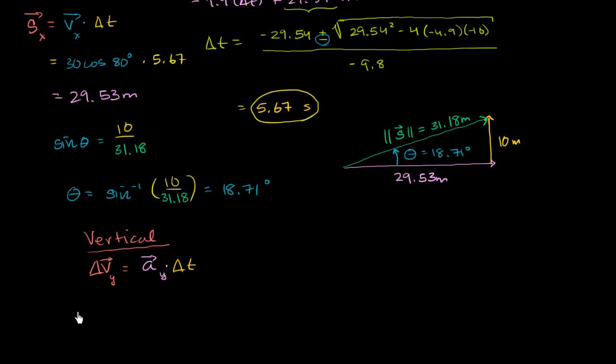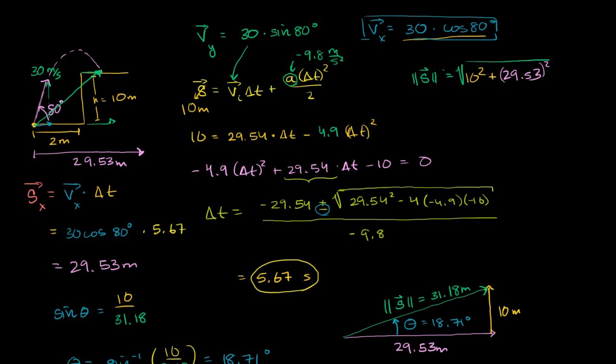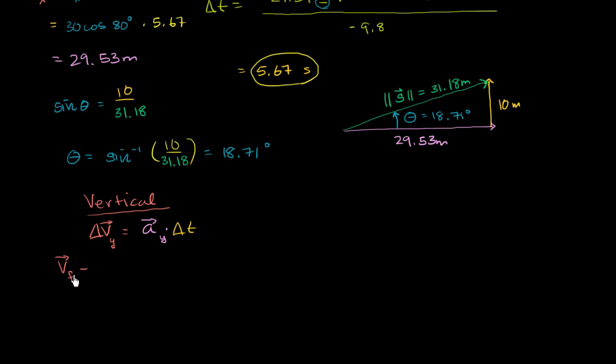Well, our change in velocity is our final vertical velocity minus our initial vertical velocity. And we know what our initial vertical velocity is. We solved for it. Our initial vertical velocity, we figured out, was 29.54 meters per second. That's 30 sine of 80 degrees. So this is going to be minus 29.54 meters per second